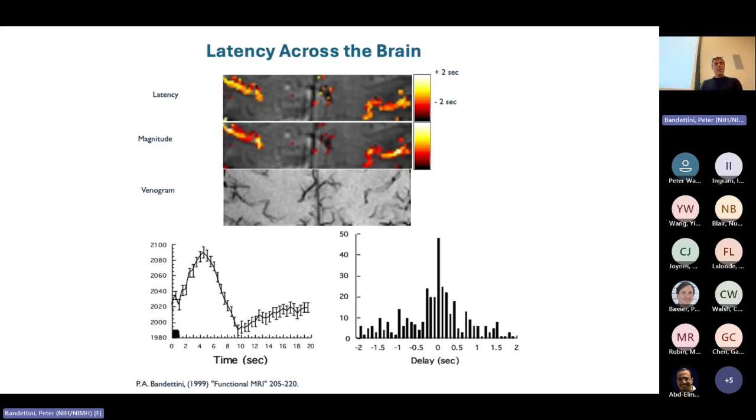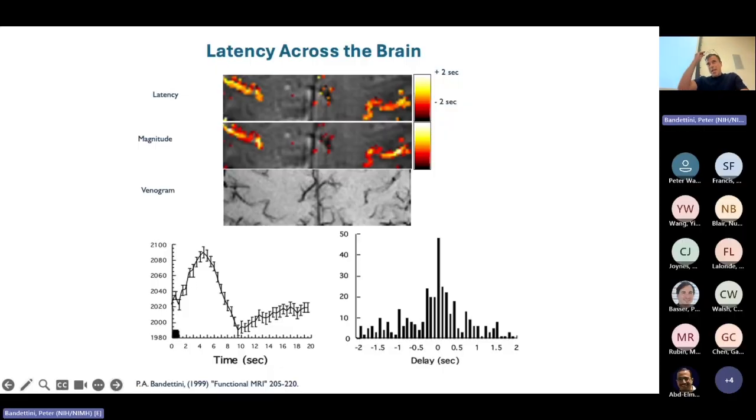Okay, let's talk a little bit about latencies. One of the things that people in fMRI became excited about potentially was, oh, if the hemodynamic response goes up and if it's well behaved everywhere in the brain, then you might resolve one area versus the other area, show it turning on. And people try to do this all the time with things like Granger causality analysis, or just looking at the latency, saying, oh, if this turns on first, then this happens. Problem is, and this is a very early study, once again, from about